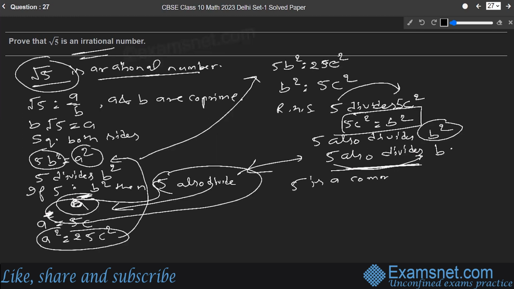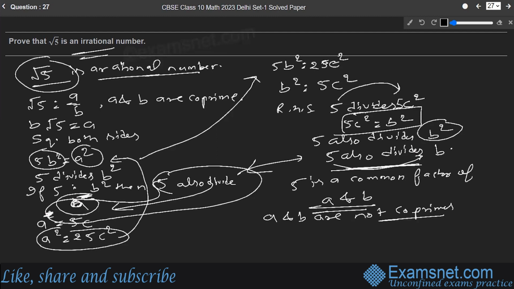That means 5 is a common factor of a and b. 5 is dividing both, so 5 is a common factor of a and b. That means a and b are not co-primes. Okay, not co-prime numbers. So if a and b are not co-prime numbers, then our first theory that root 5